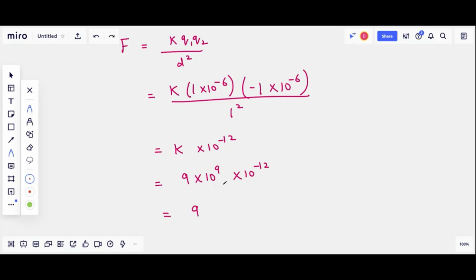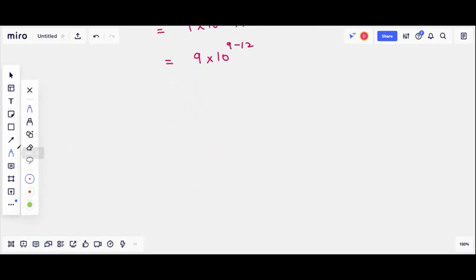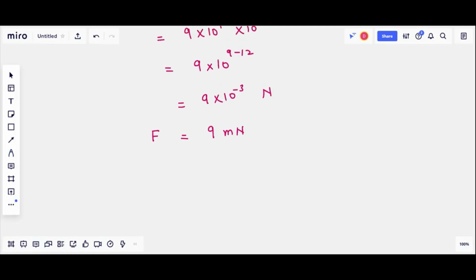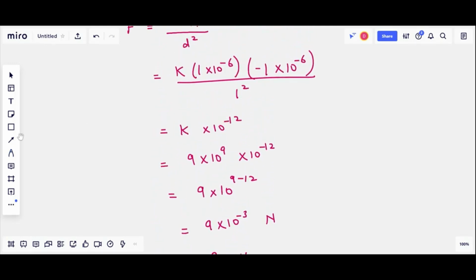In order to solve these two exponents, since the base is the same, the powers are going to add, but since there is a negative sign over there, ultimately it's going to subtract. So it's 9 minus 12, and 9 minus 12 is nothing but 10 raised to the power -3, and the unit would be newtons, or we can say that the force is 10 micro newtons. So this is the force, and if you will notice, we have not placed any minus sign here,